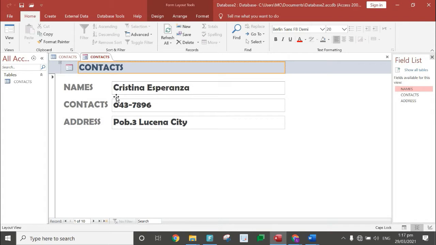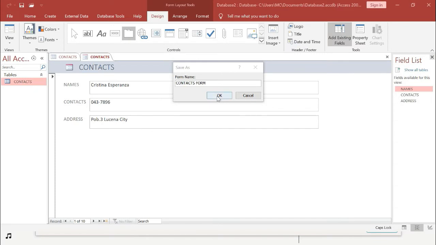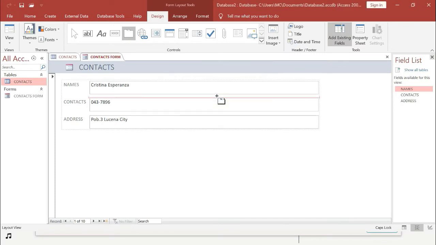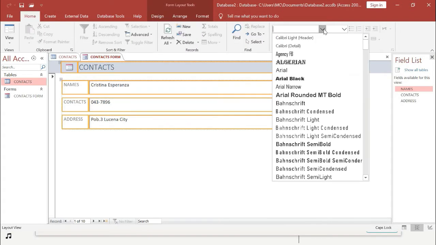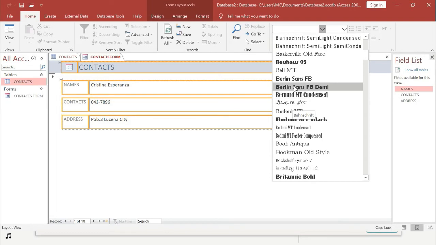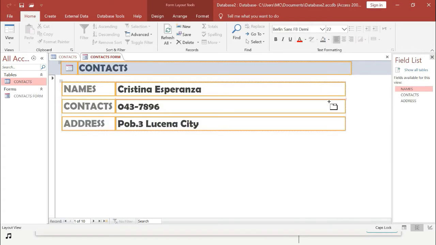Ayan. Okay, and then next, once you have created your form, save your form. Right-click, save, and then let us put contacts, and then okay. Then just enhance it a little bit. Control A, then change the font, change the font size, and then you now start to create your